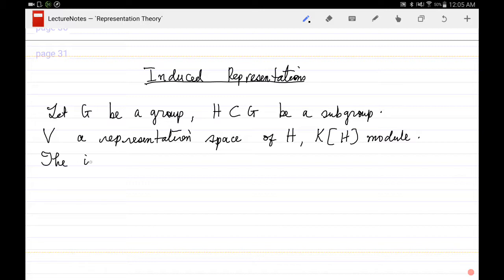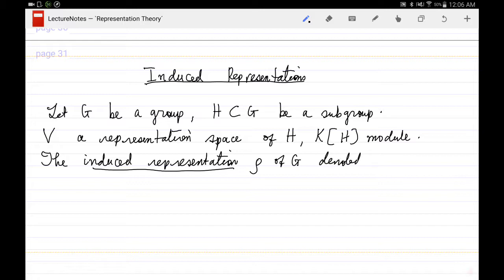The induced representation rho of G, denoted by ind H G on V, is a KG module